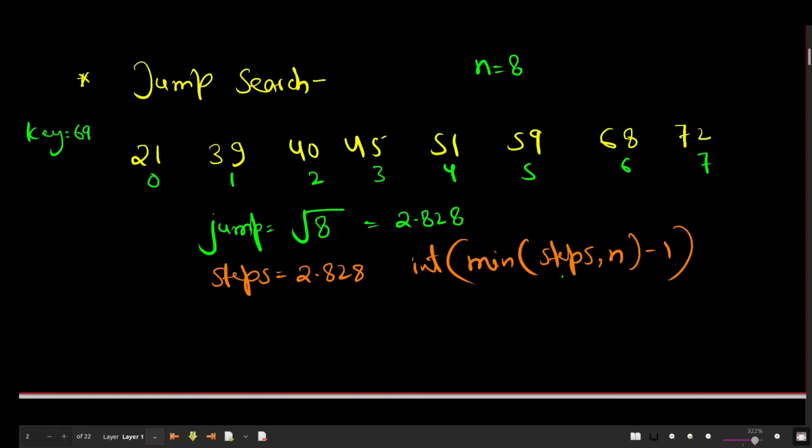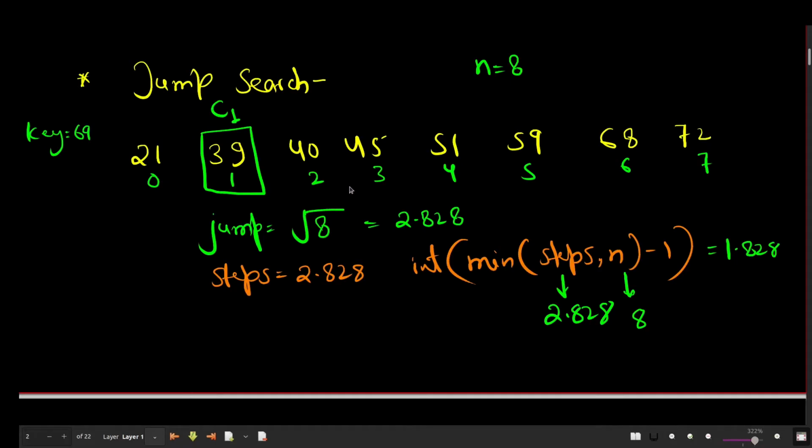Steps is 2.828, n is 8, so the minimum of them is 2.828, so it is 1.828. So the integer version of this is this. So we have made one comparison at this place.